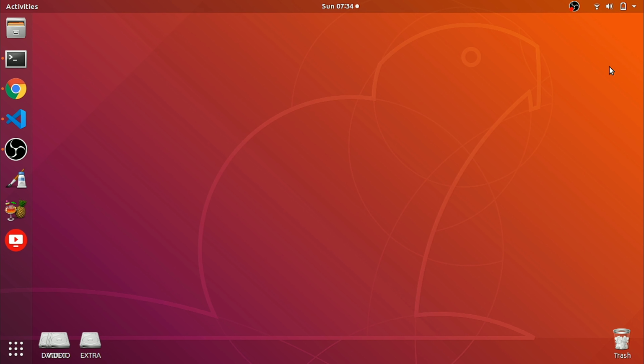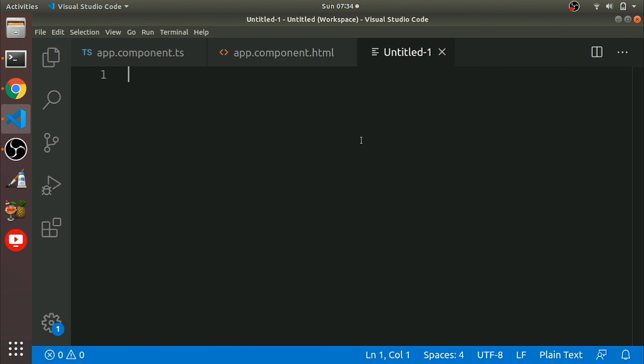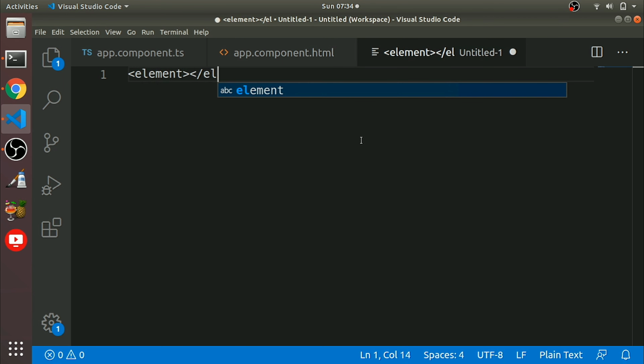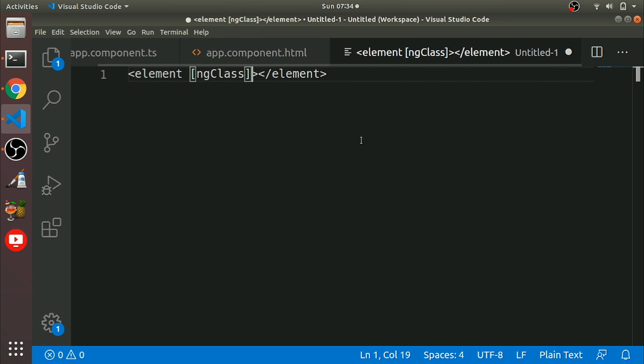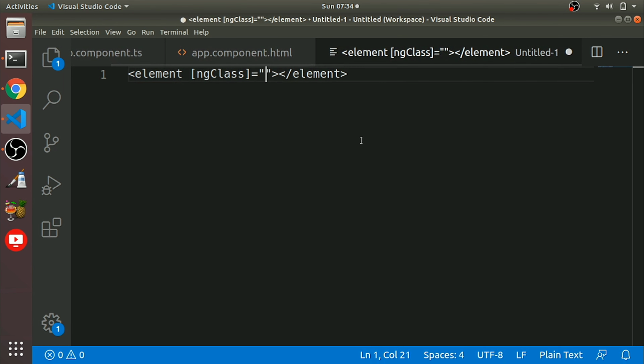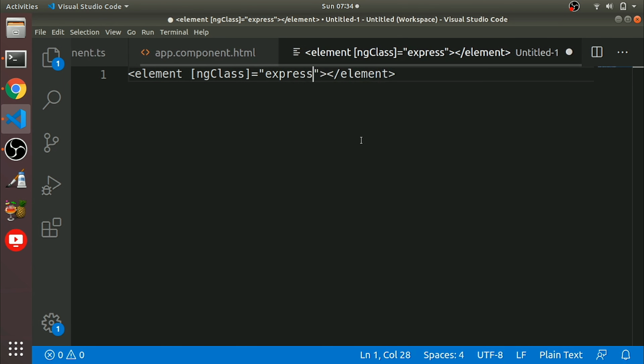The syntax will be like this. I'll show you the syntax. Some element, and we can have ngClass equal to expression here.